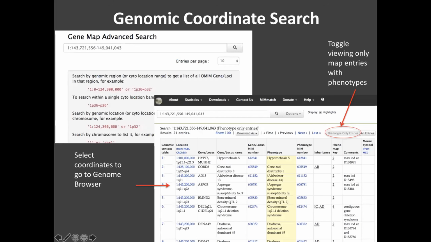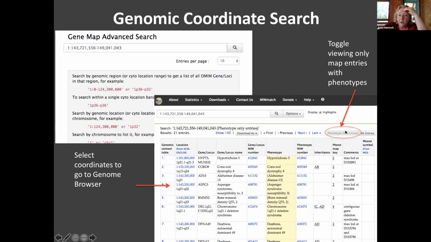So this is a genomic coordinate search. You can type genomic coordinates into the gene map, and you get to the gene map from the home page. Does everybody know how to do that? It's right on the home page, it says gene map, click that, and then you have this page. You put in the coordinates, and you'll see the location, the genomic coordinates. Here's a specific gene with a specific coordinate. Nope, that's a big thing. That's a locus. And they come from NCBI.